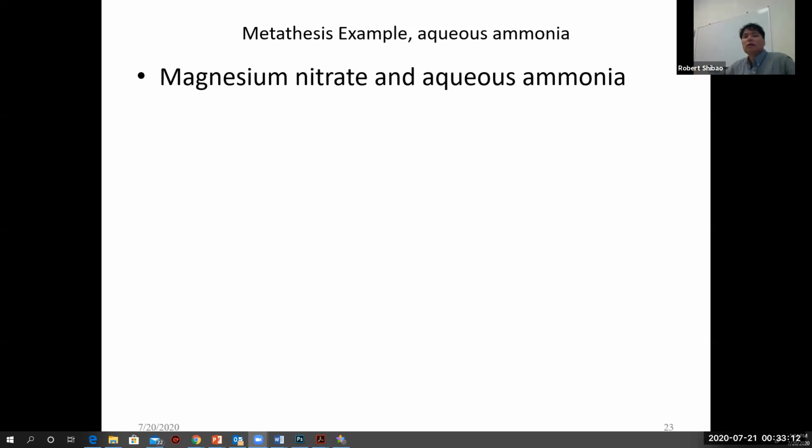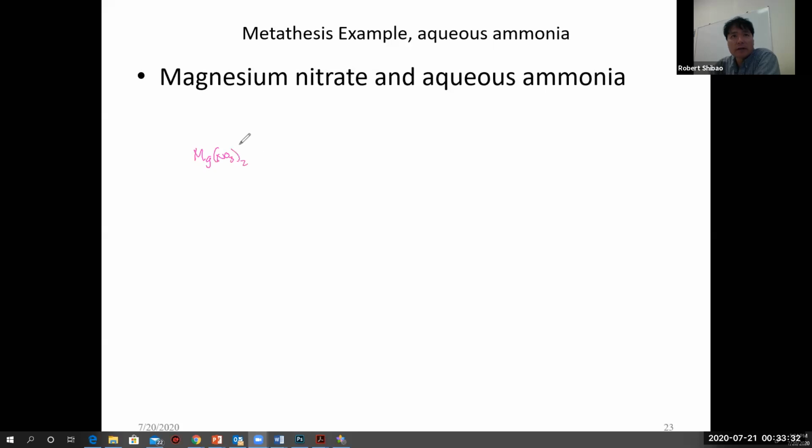Okay, I'm back. All right, next one is a bit tricky here. This is magnesium nitrate with aqueous ammonia. Magnesium nitrate has 1 magnesium and 2 nitrate ions. All nitrates are soluble, and since this is aqueous, there's water around, so magnesium nitrate would be aqueous. Normally it's a solid, but it dissolves in water. Plus aqueous ammonia, NH3 aq. Now, whenever we have NH3 aq, we have to do something special in metathesis.